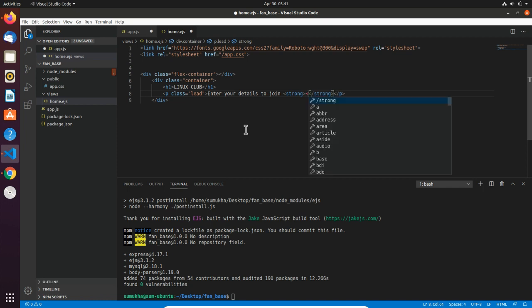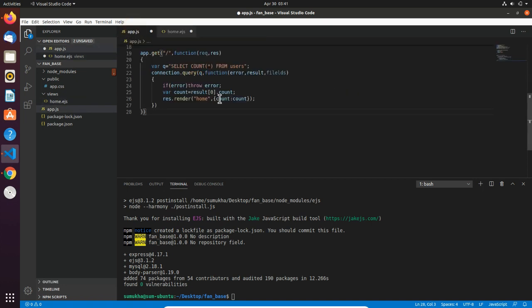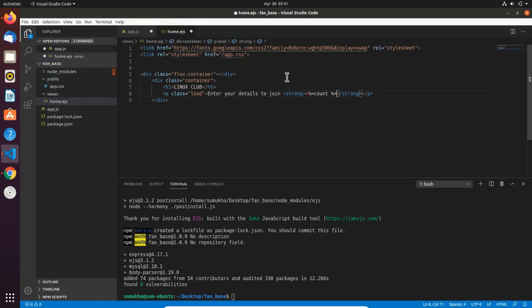Okay, and here we have to specify our count variable, which we are catching. Okay, see here the count variable which we got from the database, we are showing that to our users, right? So this variable is dynamic, it's not static. So this is how you should specify the syntax for a JavaScript variable.